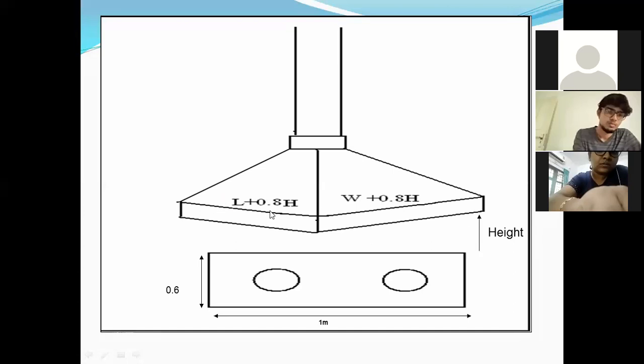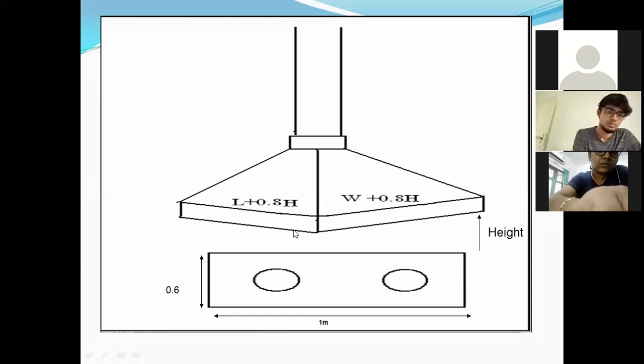So we can do a problem. So you will be thorough with that. I am just saying once more, this is the stove. We have to know the size of the stove, the length and width of the stove. Then only will we be able to design the kitchen hood. In this example, we know the length as well as the width of the stove. If we know them, we can easily find the length and the width of the kitchen hood. We just need to know the height of it.